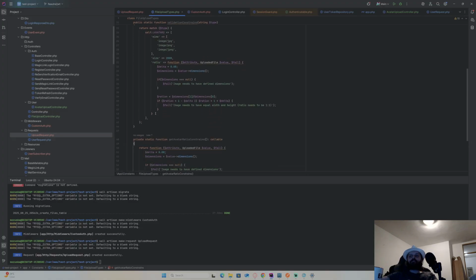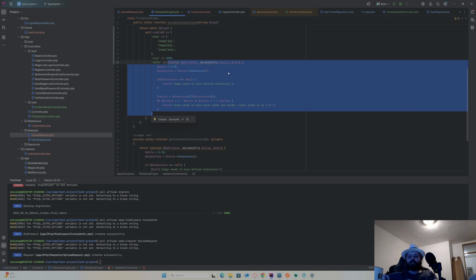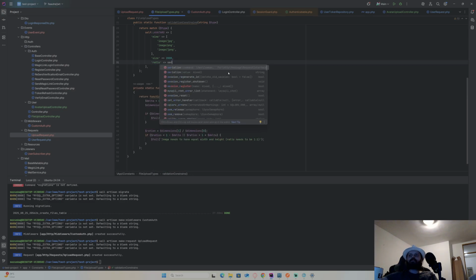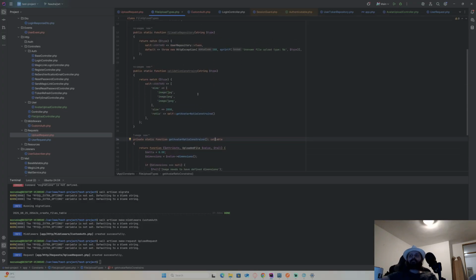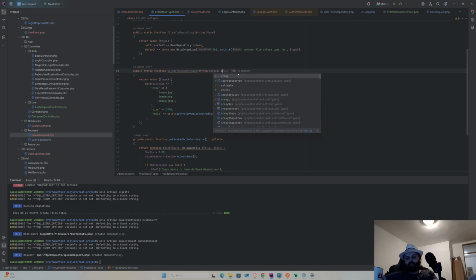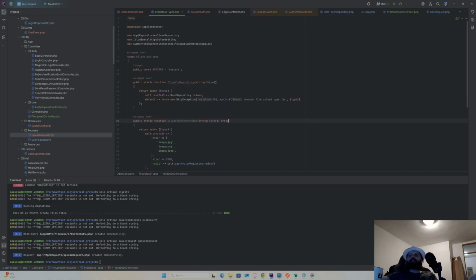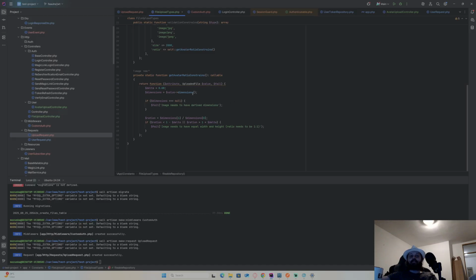Now I just need to do this, and ratio will be self get avatar ratio constraints, and that's it. It's gonna return array, and this is gonna return string, and this is it.